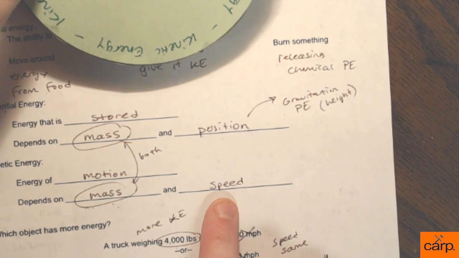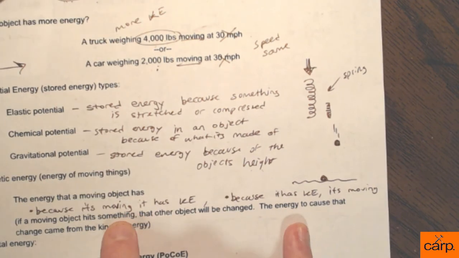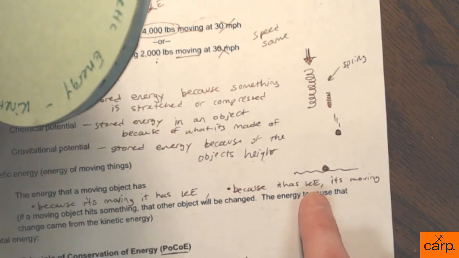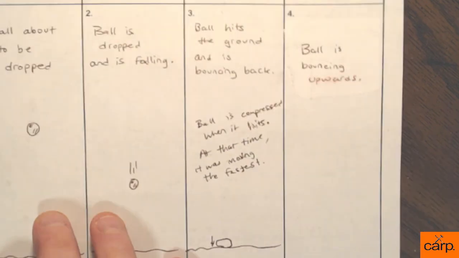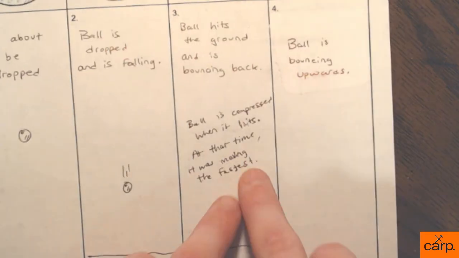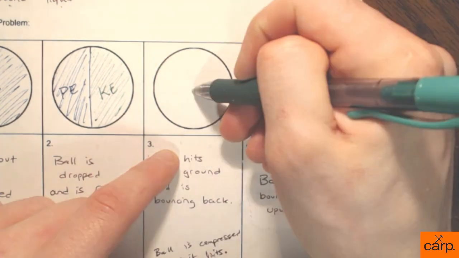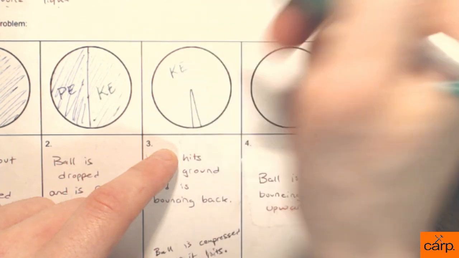And remember, kinetic energy is energy of motion, or we look at its speed. And remember, down here I said these two ways of looking at it. So in this case, I want to look at this side. I'm saying because it has kinetic energy, it must be moving. The more kinetic energy it has, the faster it's going to be moving. So here we go. If it's all kinetic energy, that's going to be the fastest it's ever going to go. So does that sound okay with those statements? In my pie chart then, for the most part, I'll draw a little sliver of potential energy left, and the rest is kinetic.